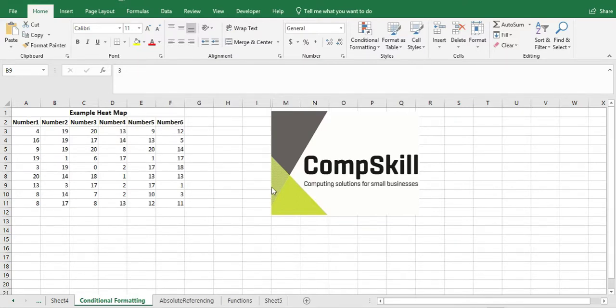Today I want to show you how you can make a really simple heat map for data visualization using Excel's conditional formatting. So what I've got here is 6 columns of numbers, and they're randomly assigned from 0 through to 20. So what I'm going to do first of all is just apply a heat map to the complete range. So I select my range and I go to